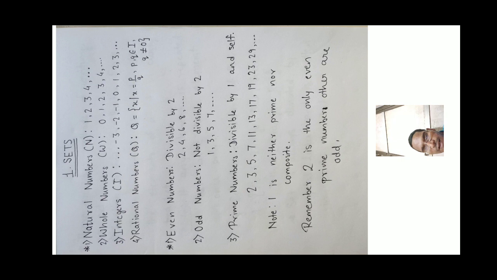Now coming to third one, which is prime numbers. Remember, prime number is very easy but never confuse. Prime numbers are those numbers which can be divided by only 1 and by itself only. Means those numbers which are not divisible by any other number except 1 and itself. For example, you can see I have written some examples till 30: 2, 3, 5, 7, 11, 13, 17, 19, 23, 29, and so many numbers you can write.